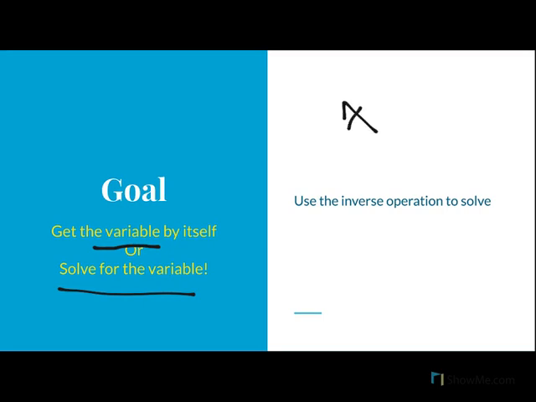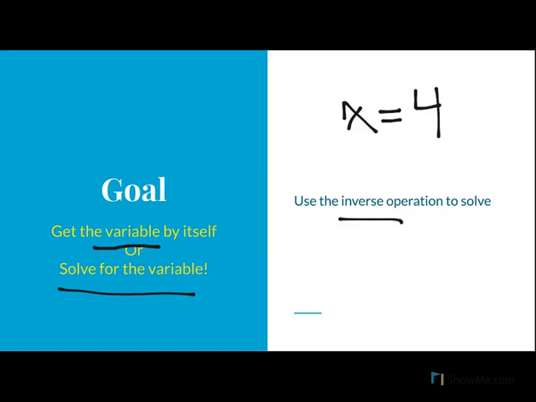x, where x is our variable, and our goal is to figure out what x equals to make our equation true. So maybe x equals 4, maybe x equals 10. That's our job today, to figure out what number that is. Okay, and how we're going to go about doing this is we use something called the inverse operation in order